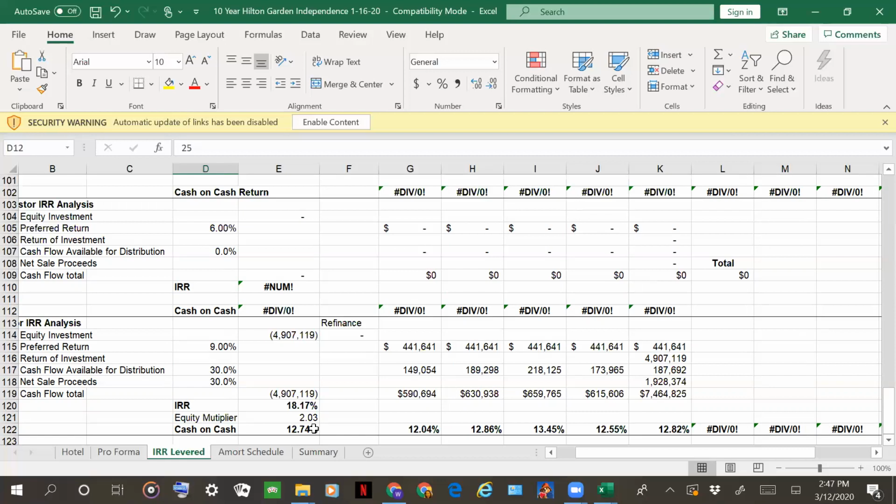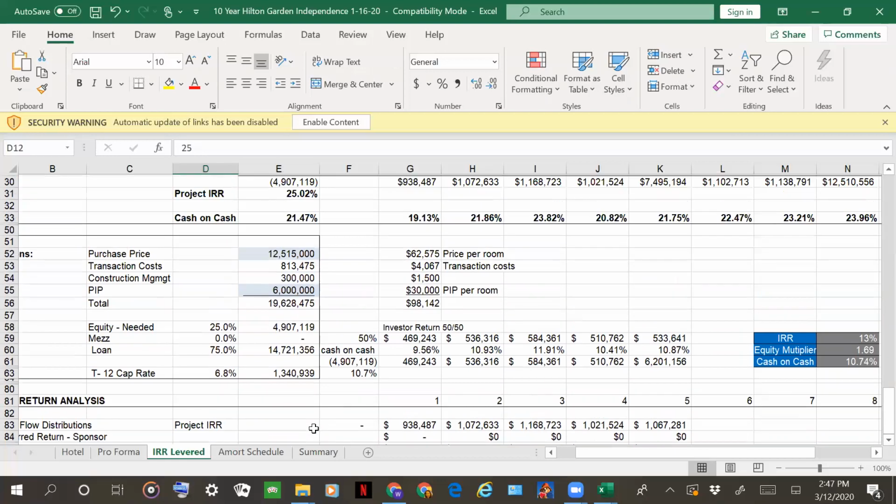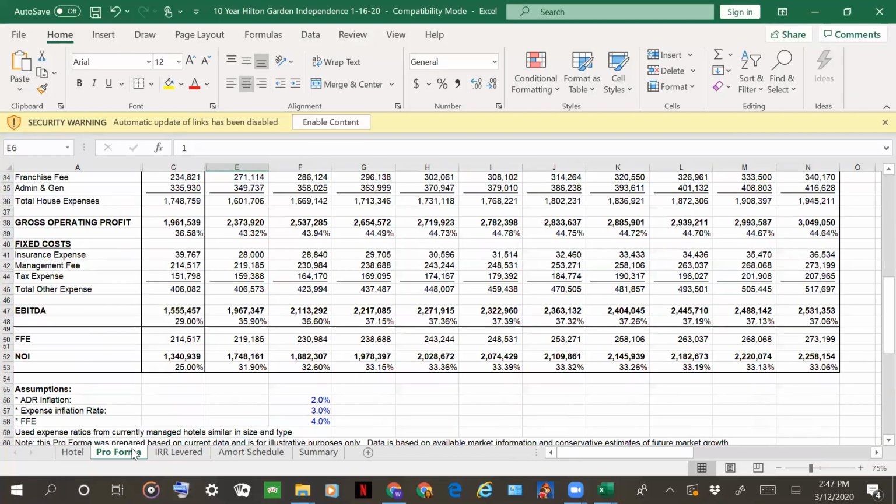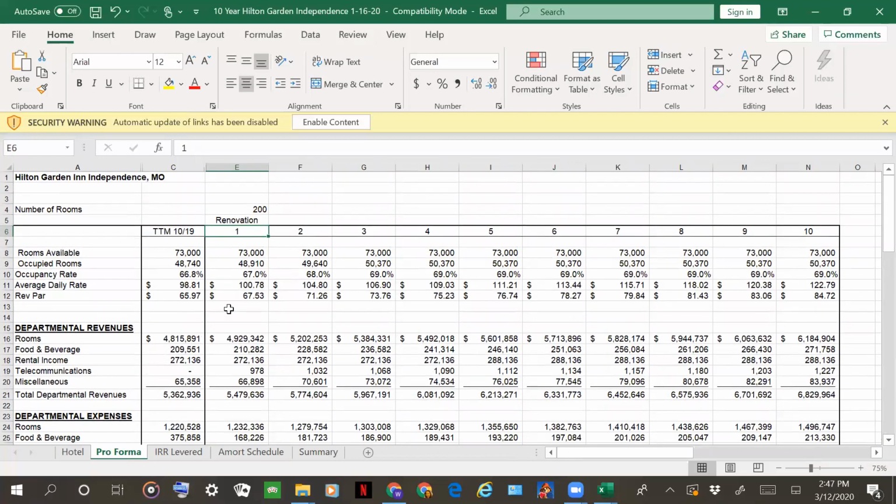And quite frankly, we're still in our due diligence process. But here's the thing. Let me go back to the pro forma. I told you that the occupancy rate is about 67, 68%, and the average daily rate is 100, and it gets to 104, 106. What we discovered, though, is there's a local Courtyard that would really be equivalent to this one. In the STAR report, they take in all the numbers of all the hotels, whether they're very comparable or not. So there was a